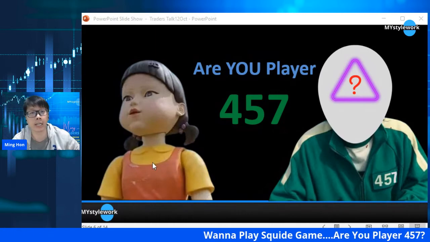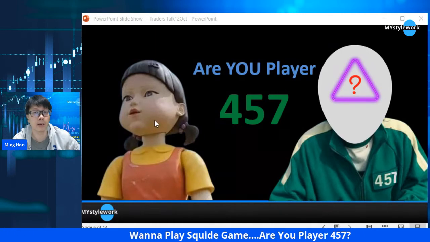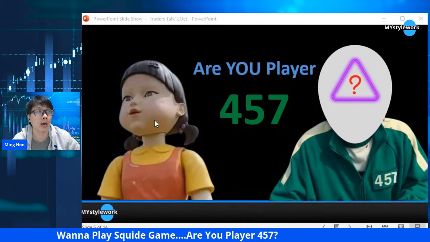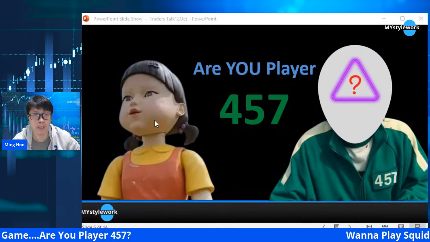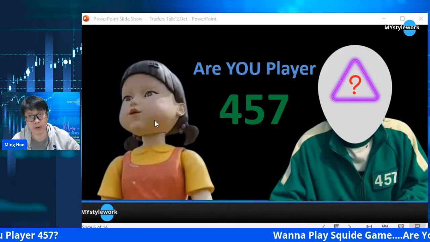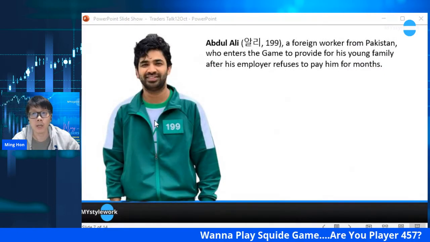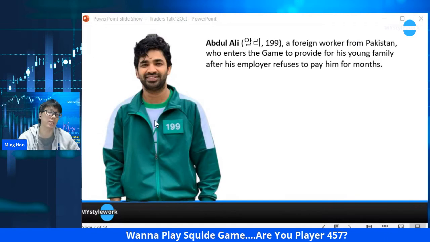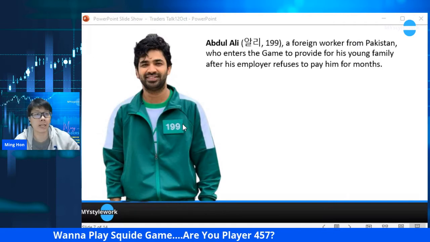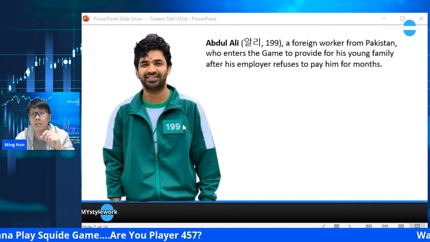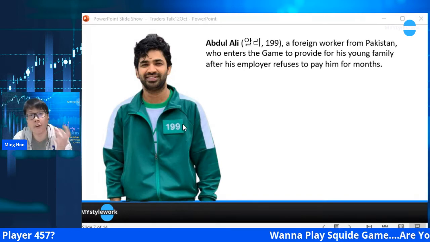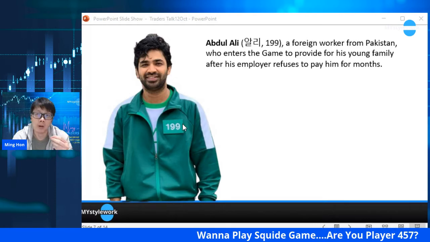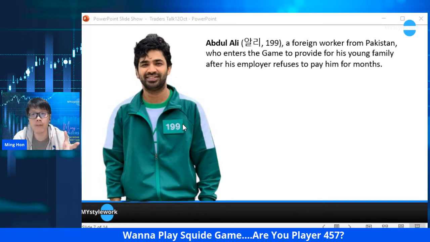Yeah, and this is the killer lah. Yeah, this is the one who is actually playing the red light, green light, red light, green light. If you don't know the game, go and ask your children what is red light, green light. Okay, so there are actually a few characters which I actually want to explain. This is actually one of the characters, Abdul Ali. Abdul Ali is a foreign worker from Pakistan who enters the game to provide for his young family